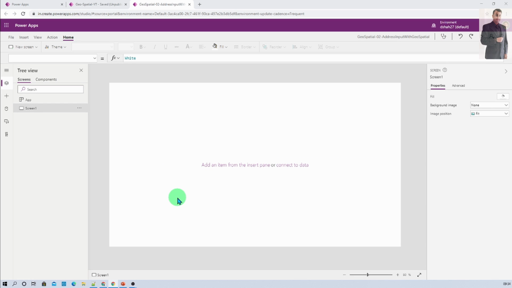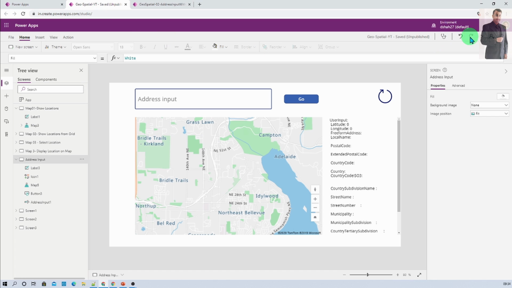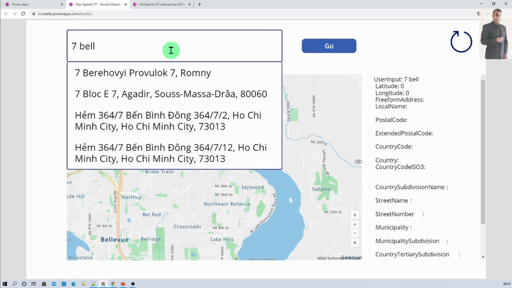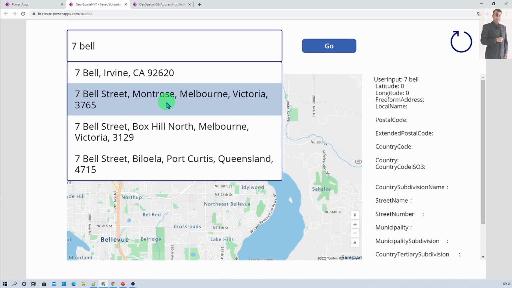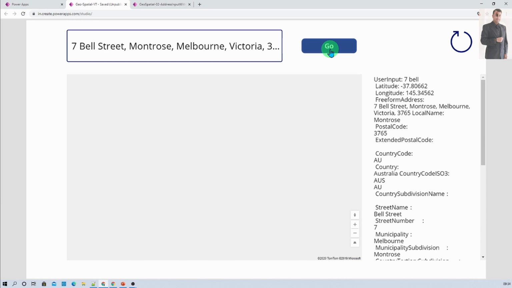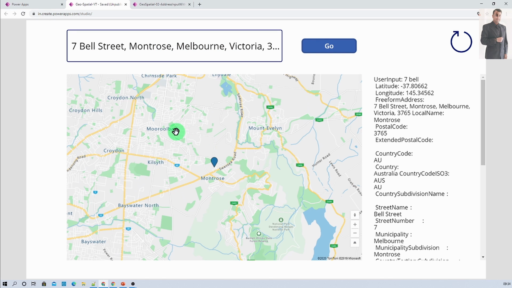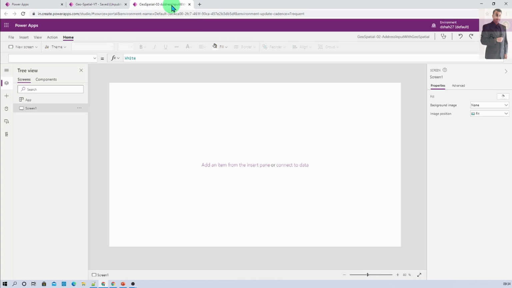First of all, let me talk about the end outcome that we are going to achieve by the end of this session. Basically, we are going to create this type of address input in our Power Apps map visualization. Whenever I search for anything in my address input, it will show suggestions for all the addresses, and based on that, when I click on Go, it will locate that location on my map visualization. So how can I achieve this kind of requirement? We are going to talk about this in detail throughout this session, so stay tuned.